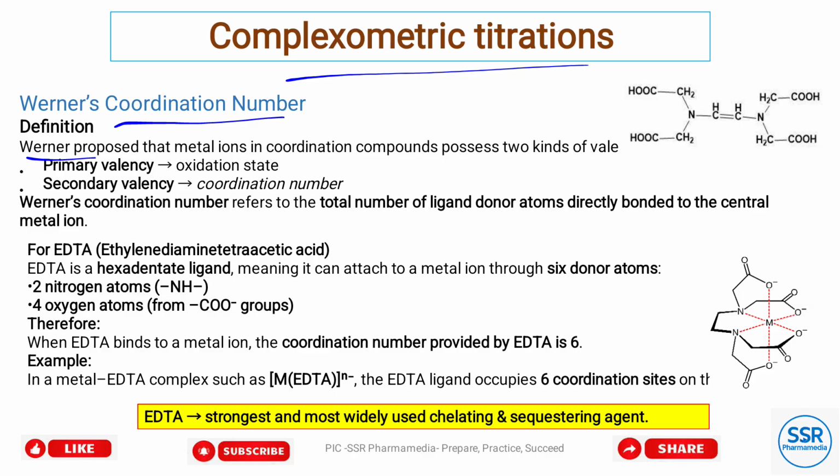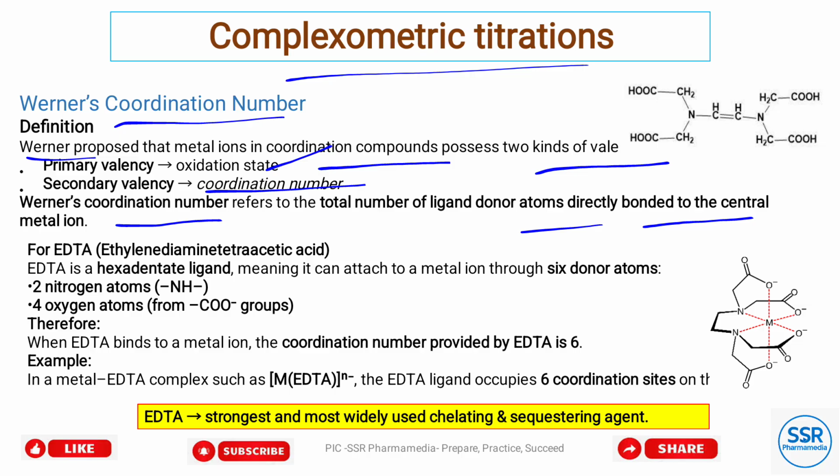Werner proposed that metal ions in coordination compounds possess two kinds of valency. The first one is the primary valency, which is the oxidation state, and the second is the secondary valency, which is the coordination number. Werner's coordination number refers to the total number of ligands, donor atoms, directly bonded to the